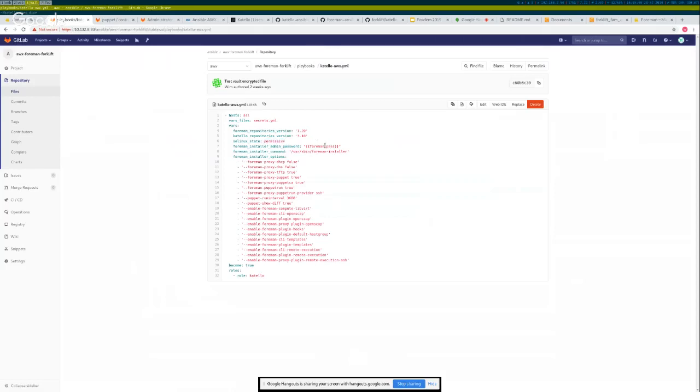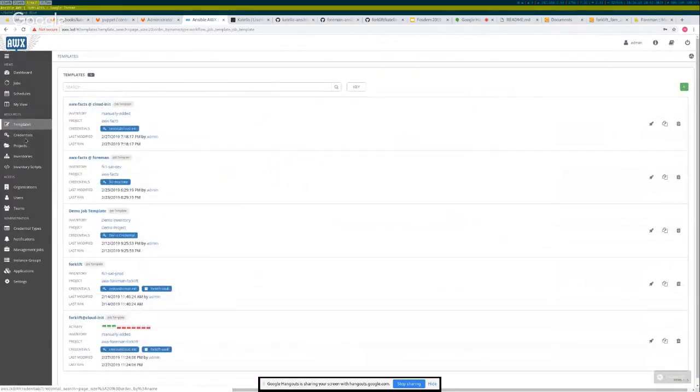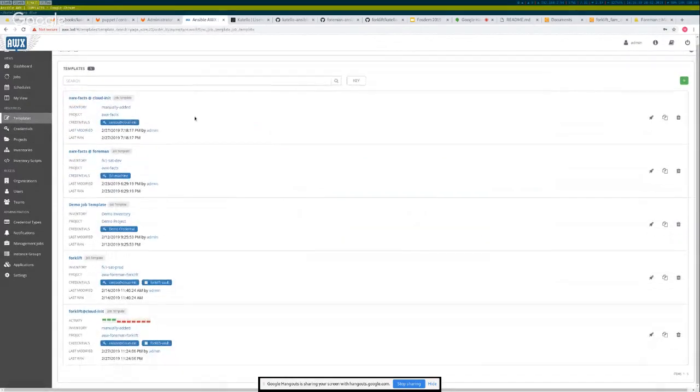This just contains the foreman pass, just contains the value admin1234, which is encrypted via Ansible Vault. And then I'm specifying some installer options, which are just regular options of the regular foreman installer binary. And in this case, I'm adding libvirt, OpenSCAP, host groups, and some more stuff. So that's the project in AWX. Then you obviously need credentials and templates, but first I'll go to the template and